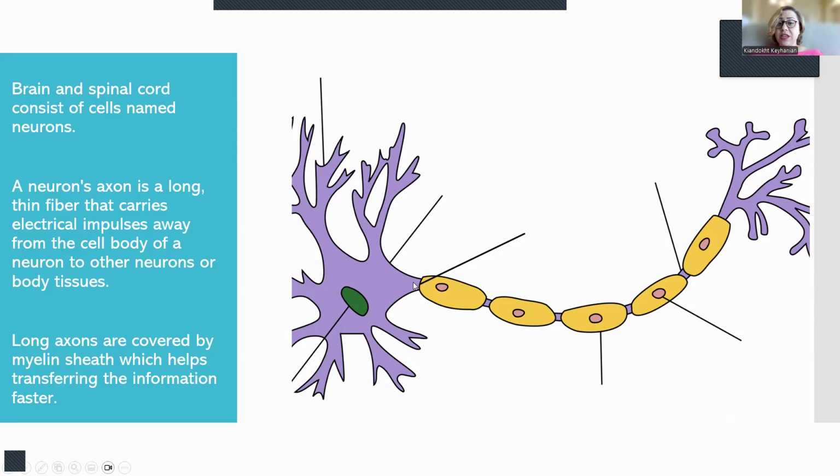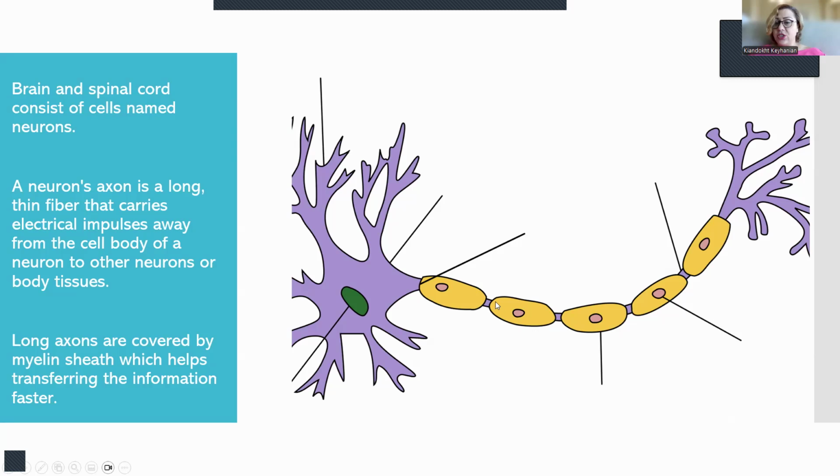The information is like a type of electric impulse. If the electric impulse goes slowly here, it would take a little more time. And from the time that we decide to do something until we do it or we have a sensation takes less than a second. One of the ways that the body helps the neuron work faster is to make a fat tissue from a different type of cells,